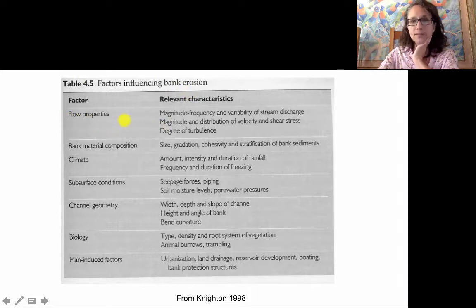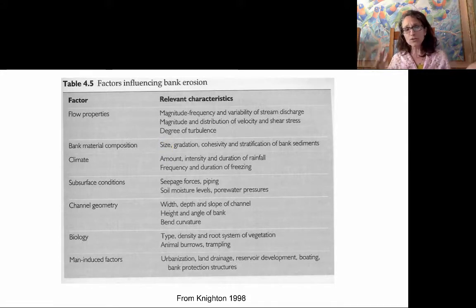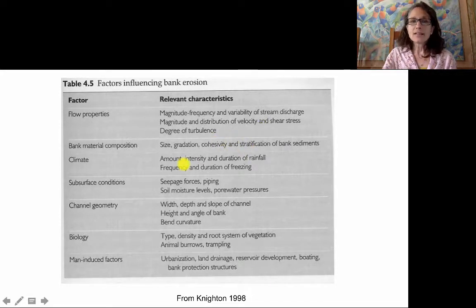So you can see the flow properties: magnitude, frequency, variability of discharge, of course velocity and shear stress, and turbulence. All of these factors are related to flow. The size of the bed material particles, the gradation. So do you have a more well-sorted sample or a more well-graded sample? How cohesive is it, and is it stratified? The climate, what your rainfall is like. Do you have intense gully washers, really high-intensity, short-duration storms, freeze-thaw action, subsurface processes, piping, seepage, pore water pressures,